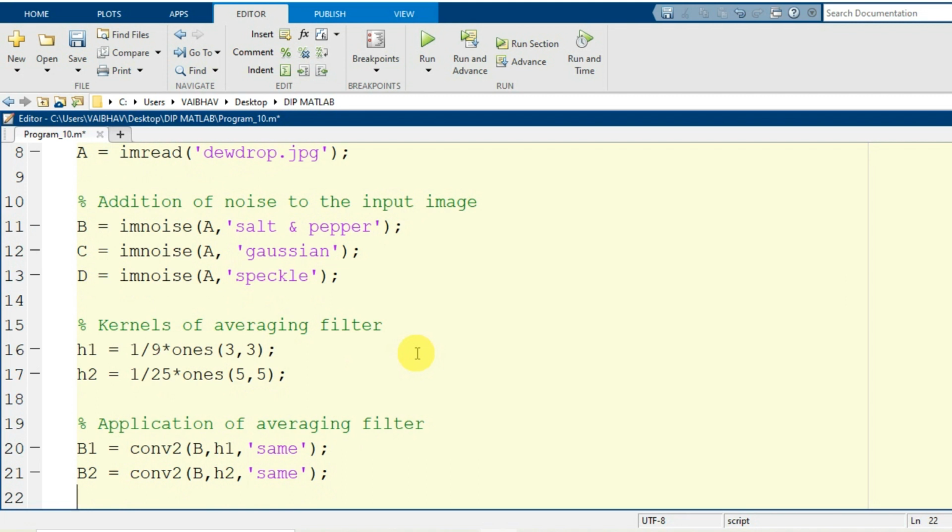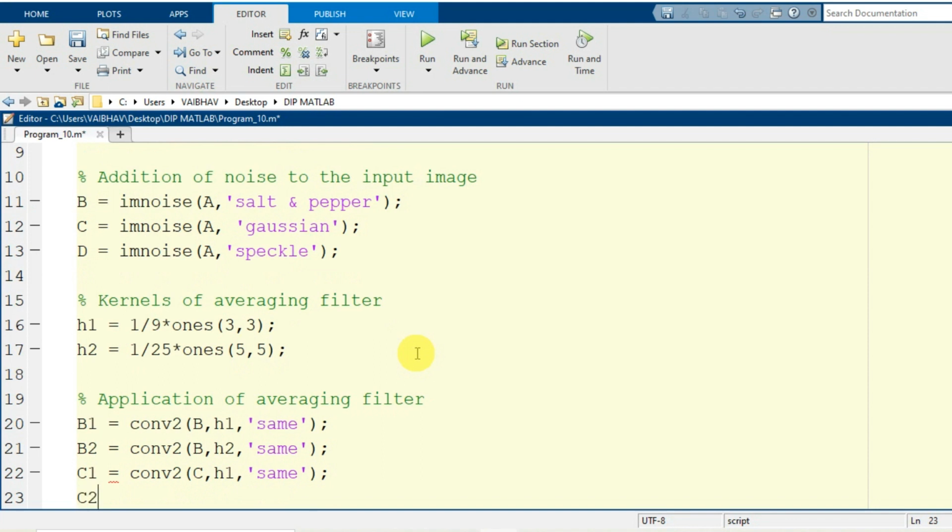The same thing we will go for with the images that are affected by Gaussian type of noise. So correspondingly I will be generating the variables C1 and C2 here. So C1 will be equal to conv2, in the bracket we will be having C comma H1 comma, here we will be using the keyword same.